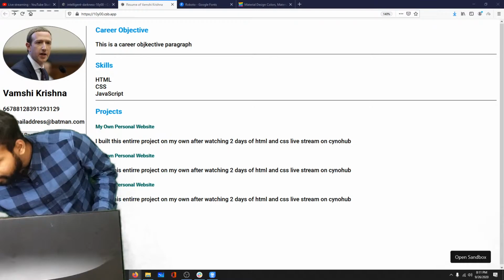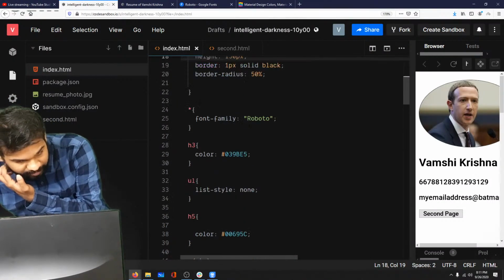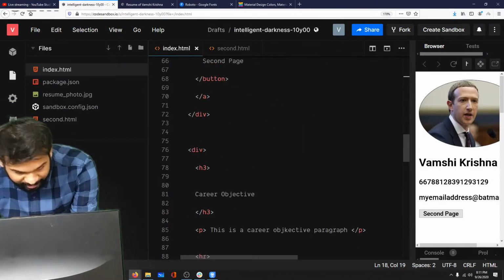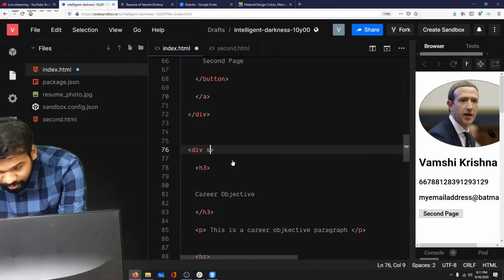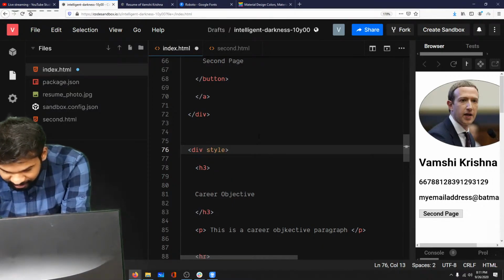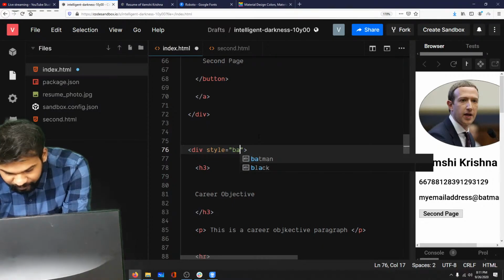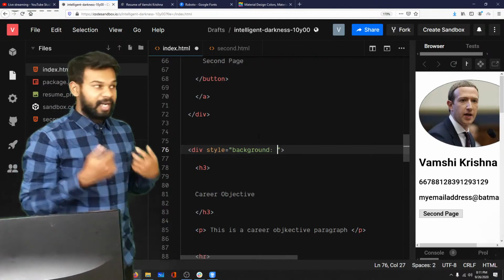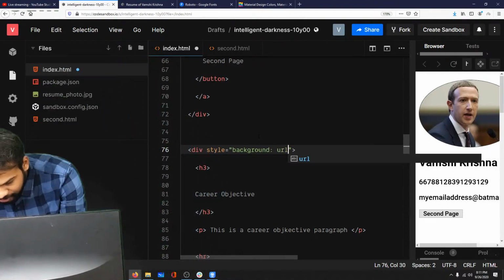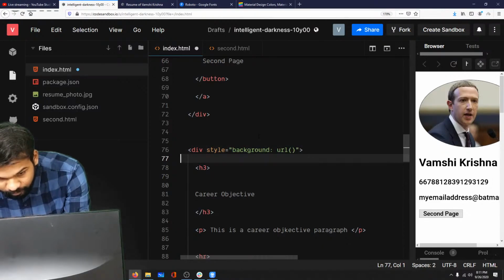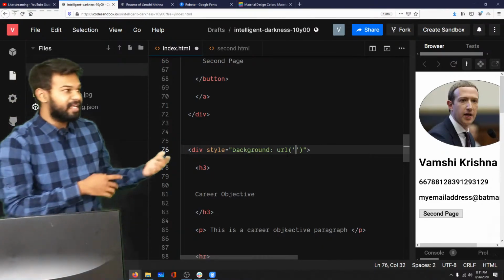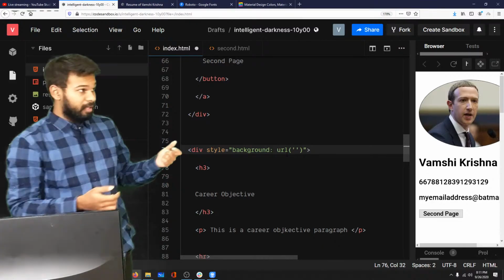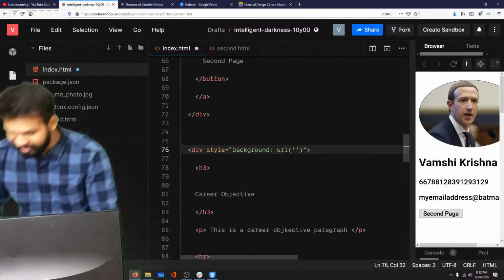As for background images, let's say we want to add a background image for the second div. I'll show you how to do that as well. So style, background, and instead of giving a color name, this time you can say it is a URL. And inside the URL, just like any image tag, you can either create a link of it, or you can create